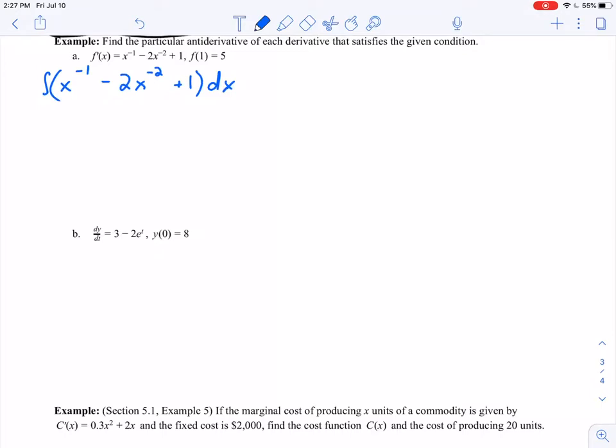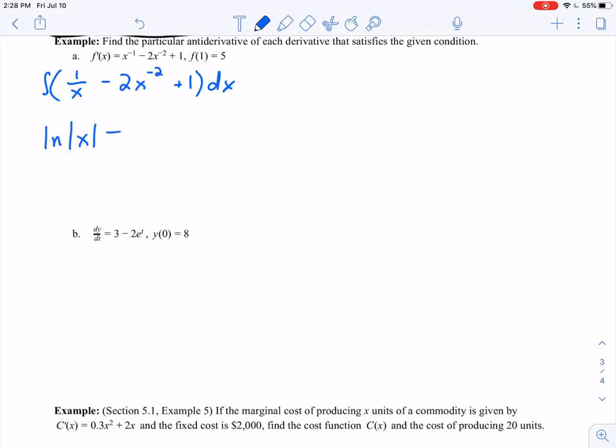Here with this guy, x to the minus 1, add 1 to the power, x to the 0, divided by my, oh, shoot, they got me. x to the 0 over 0, can't divide by a 0. Keep an eye out for x to the minus 1. It's something that will sneak in every now and then. x to the minus 1 is really just another way to write 1 over x. And then as soon as we write it that way, we say, oh okay, you must mean the antiderivative of this guy is natural log of x. So when I take my indefinite integral of 1 over x, I'll have natural log of absolute value of x